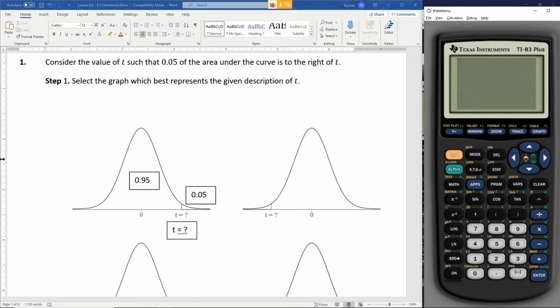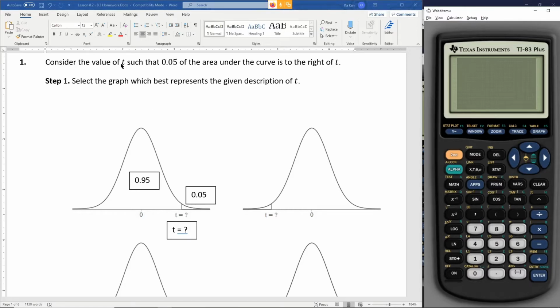So the T distribution takes into account a low sample size to adjust for that variance. For us, the important thing is just to understand what it is and be able to use it. Nothing fancy, we're not going to go into the deep theory of those distributions. So the first problem is